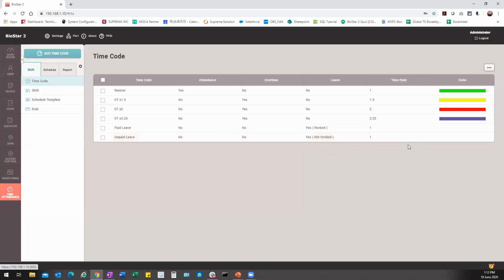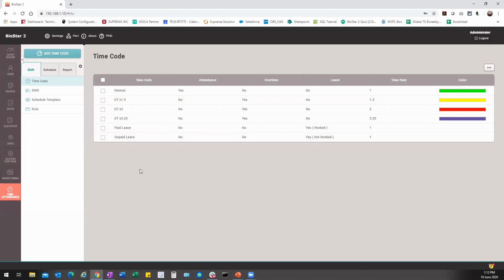So we click apply. This is a simple configuration, or usually what almost everyone needs to configure. So the normal rate, which is usually 1, and a couple of overtimes if you would like to do it in the shift. And maybe you have paid leave, unpaid leave, maternity leave, XYZ as per the customer HR policy